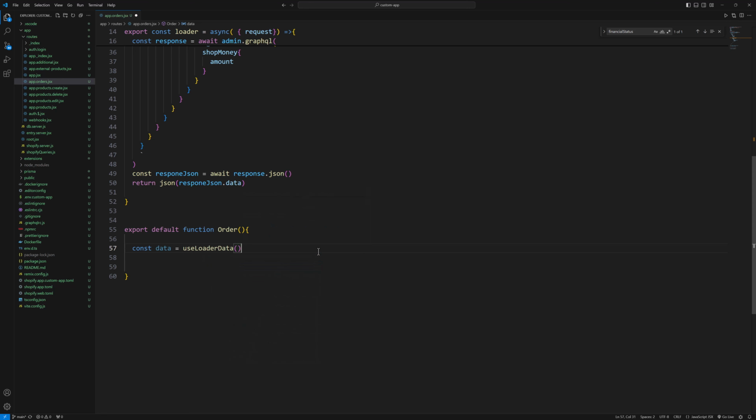This will give us the data which we are fetching from the store, and then we'll have a variable orders equal to data.orders.edges,